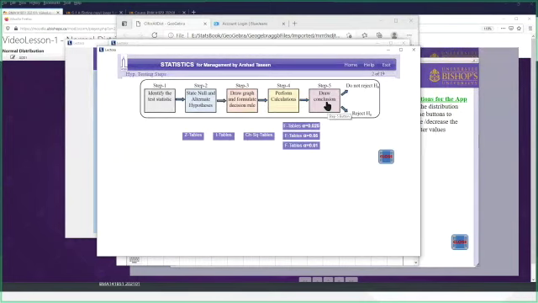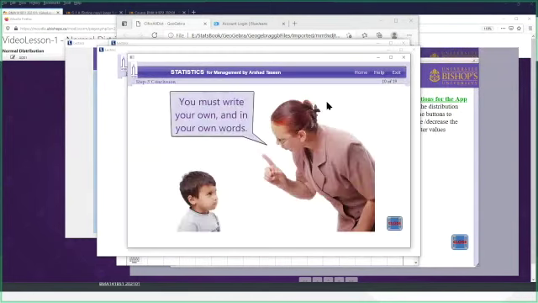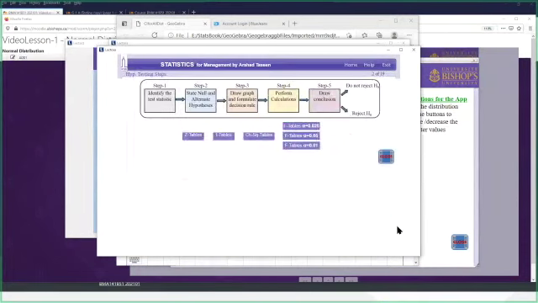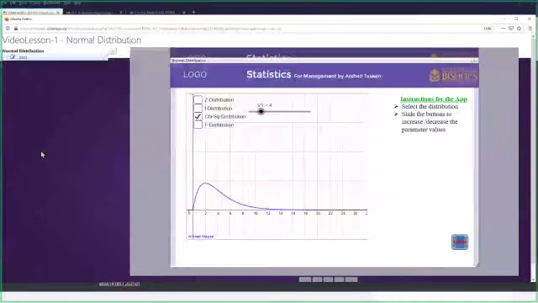But if they even click on that one, it just gives you a page which tells you, no, there's nothing we can do, you'll have to write your own. So this ends there. So these are the different types of apps that I've built within the book. Now, what else? Okay, now if I go back to my video lesson here,